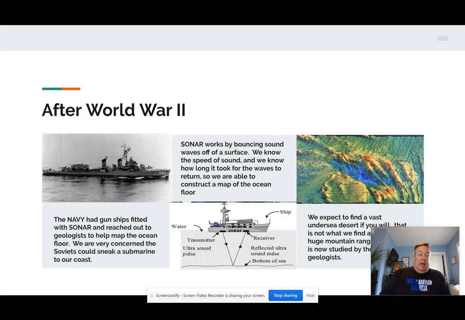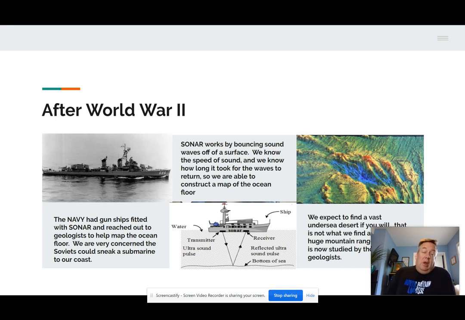Okay, and we are left with a tremendous amount of Navy ships that we have built. A lot of these ships were equipped with something called sonar, which is being able to track things with sound. And we're very concerned because now Germany's no longer our big enemy, it's the Soviet Union. And we're very concerned that they are going to be able to park submarines right off the coast of New York or Washington, anywhere up and down the East Coast and the West Coast.